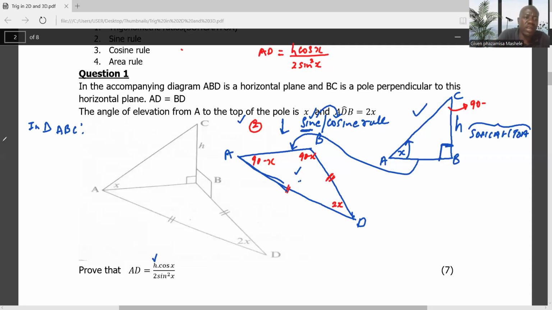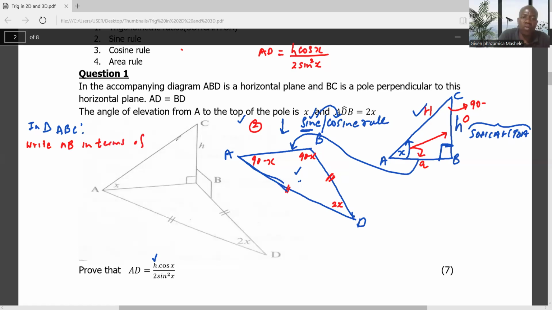And since I said we can use SOHCAHTOA, what is the opposite of this angle? It is the H. What is the adjacent of this angle? It is the AB. And what is the hypotenuse? It's AC. Now, what did I say? It means now we have to rewrite AB in terms of H and X. So first of all, we have to write AB